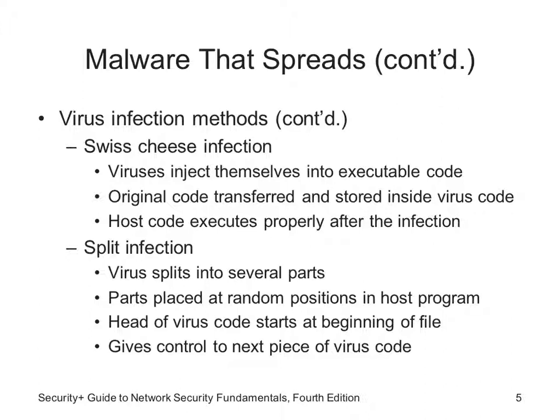Swiss cheese infections are one of the ways where a virus infects itself into executable code. Antivirus is a popular one that this happens to. A virus targeting antivirus can, over time, literally replace that antivirus software with a program that looks just like the software you're using, whether it be McAfee, Norton, whatever. Same icon, it spins, it looks like it's updating, but it's doing absolutely nothing. And then it starts to collect data or put more payload in behind the scenes.